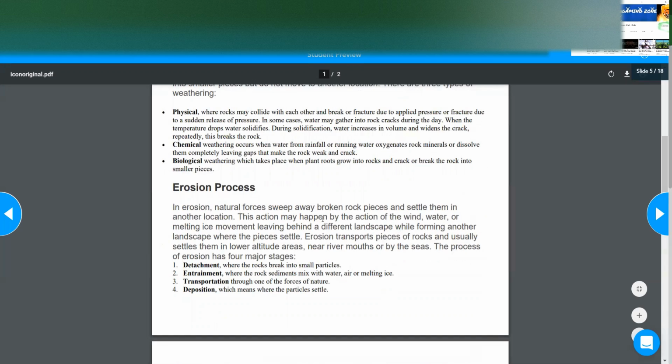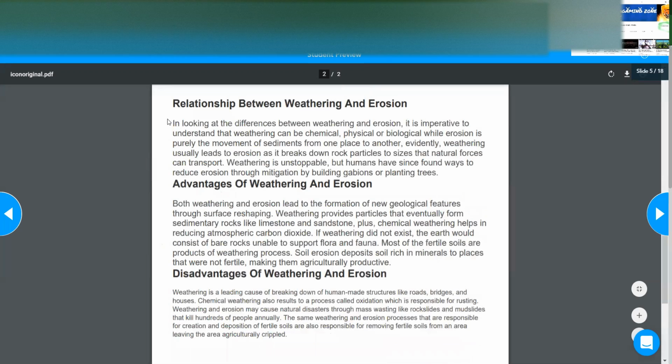Erosion happens by the action of water or melting, leaving behind a different landscape while forming another landscape where the pieces settle. And these are the major stages. As for the relationship between weathering and erosion, it is imperative to understand that weathering can be chemical, physical, and biological, while erosion is purely the movement of sediment from one place to another. Eventually, weathering usually leads to erosion, breaking rock down to a particle size that forces can transport. Advantages: both weathering and erosion lead to the formation of new geological features through surface reshaping. Weathering provides particles that eventually form sedimentary rocks like limestone and sandstone, plus chemical weathering helps in reducing atmospheric carbon dioxide